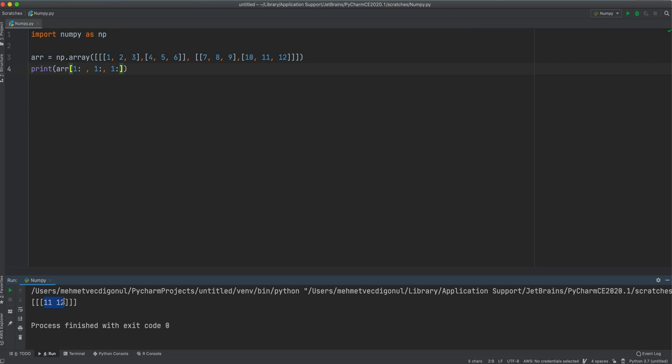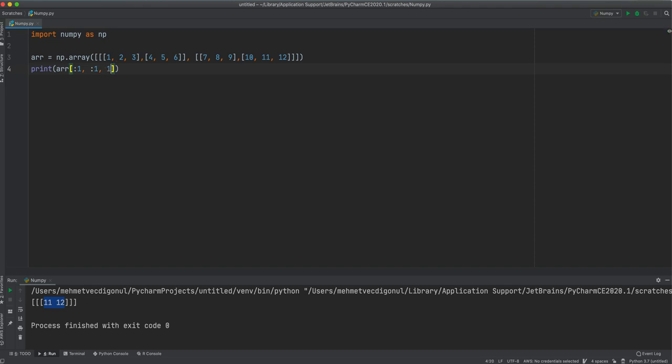This might still be confusing for you, so you can go ahead and practice with this, and try to get 2 here. Pause the video and try to get 2. Okay, now let me show you how to do that. First of all, you should only want to get this element here, so we're going to go ahead and type 1 here and do the same thing so that we can only get this part, and later on I want to do